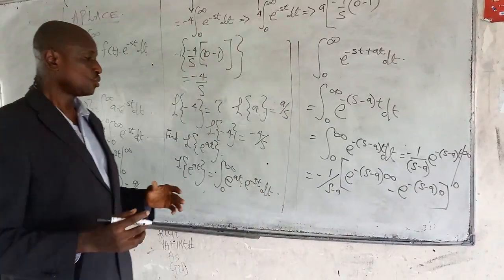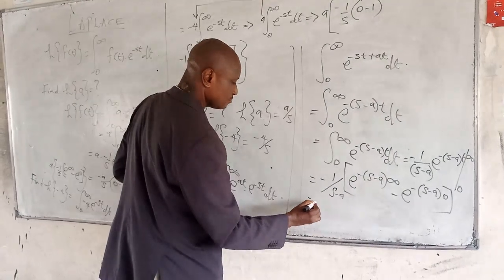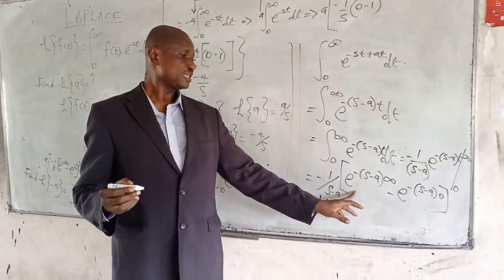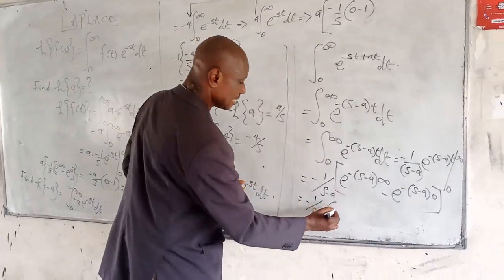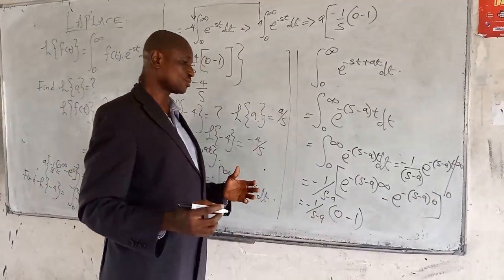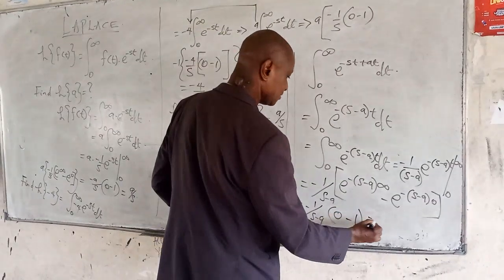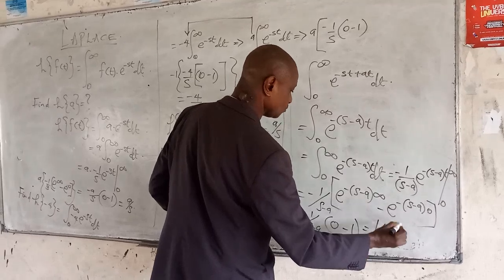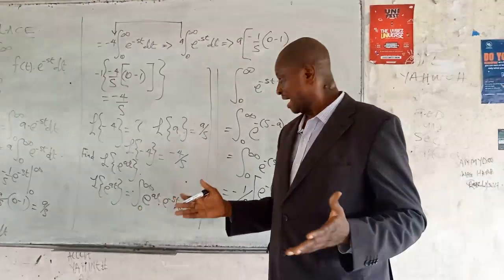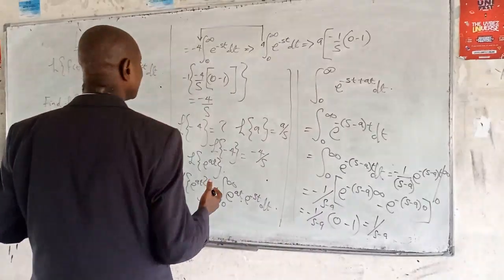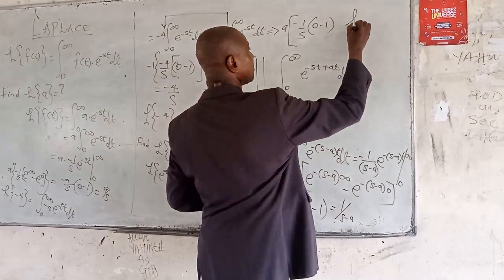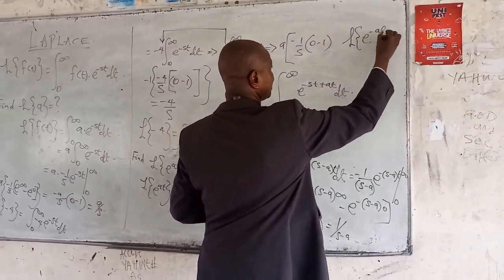You close. When this is closed, we now have minus 1 over s minus a into exponential infinity, which gives 0 anytime you resolve it, while exponent 0 also gives 1 once it is resolved. Opening the bracket, this gives us the reciprocal of s minus a. So the Laplace transform of exponential minus a is actually a different thing from this. Remember, if we are now given Laplace of exponential minus at, like I was saying,